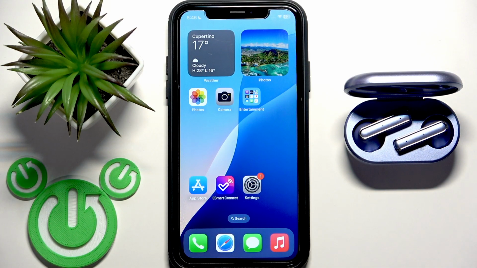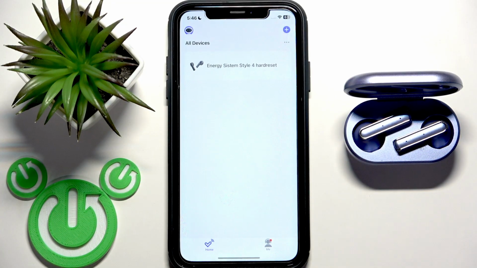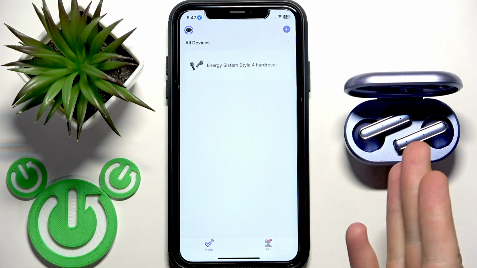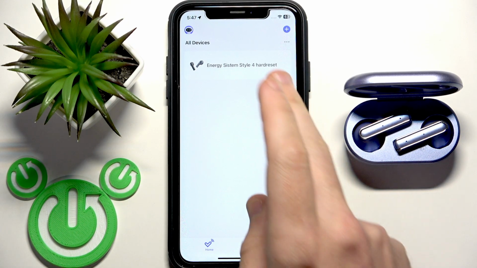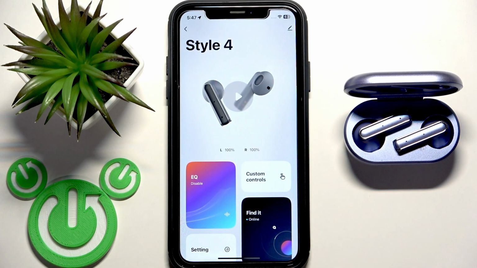You have to start by opening the Smart Connect application. Of course, you need to add your earbuds to the app, and then you will see them in the device list. Tap on your earbuds, and right here at the left side we have EQ, which means equalizer, so tap on this line,